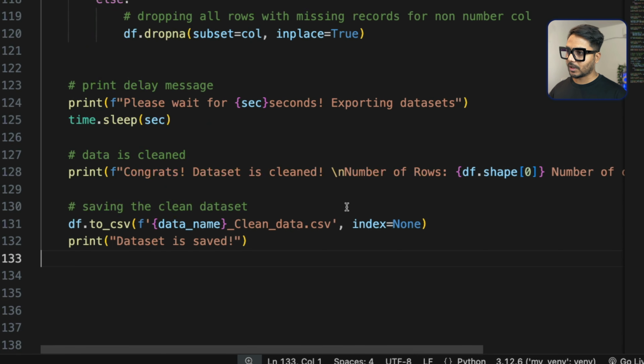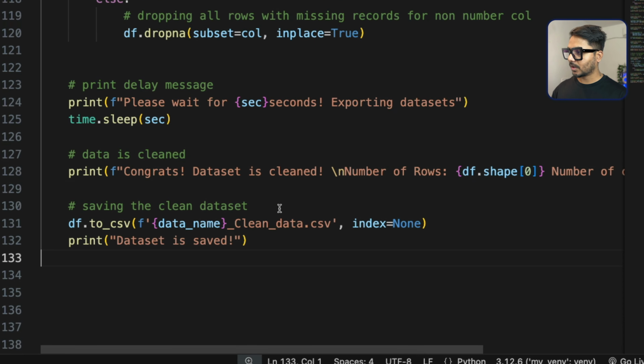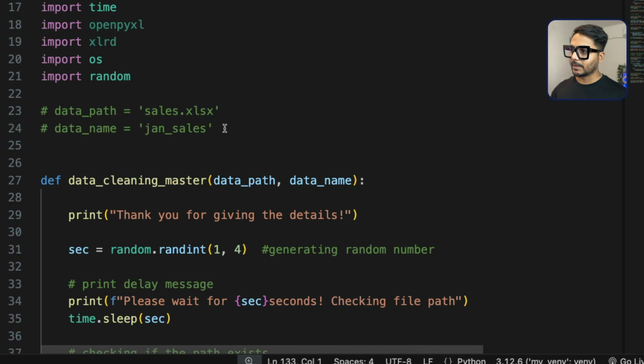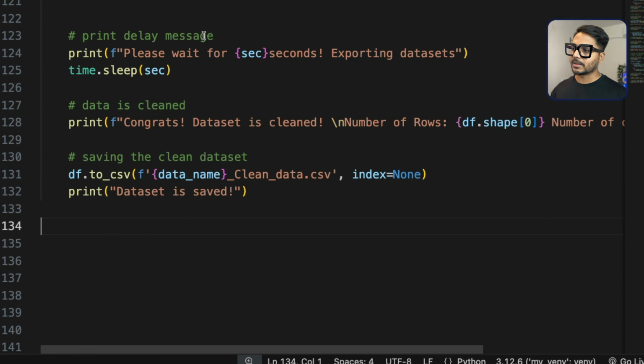Now this is totally fine, this function is totally working. We can go ahead and retest it. So let's test it again. To test it, I would need to keep these two things, which are data path and the file. So let's copy it, and either you can directly go into your file and call these functions, or